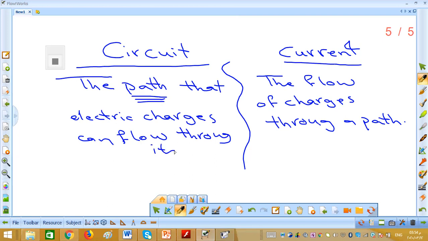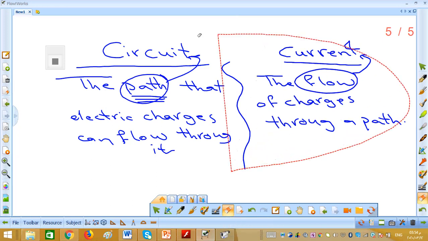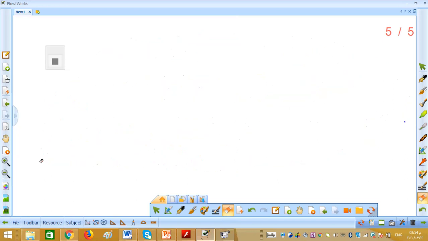The path of electric charges we call a circuit, and the flow means current. So don't mix between current and circuit. Then we continued with how to make a simple circuit. And we said we need tools, in general, we need 4 main materials, like source